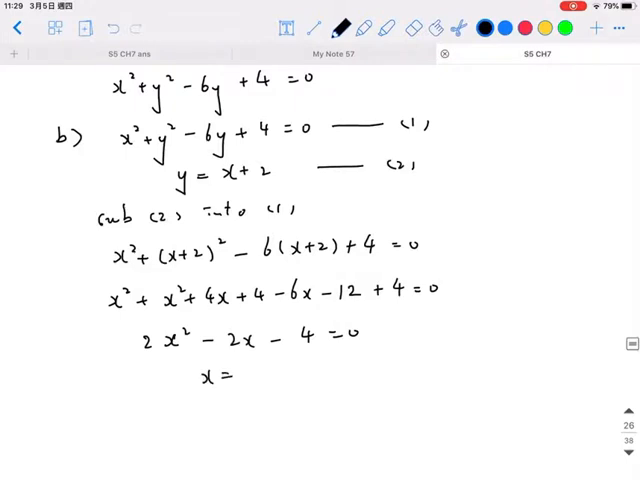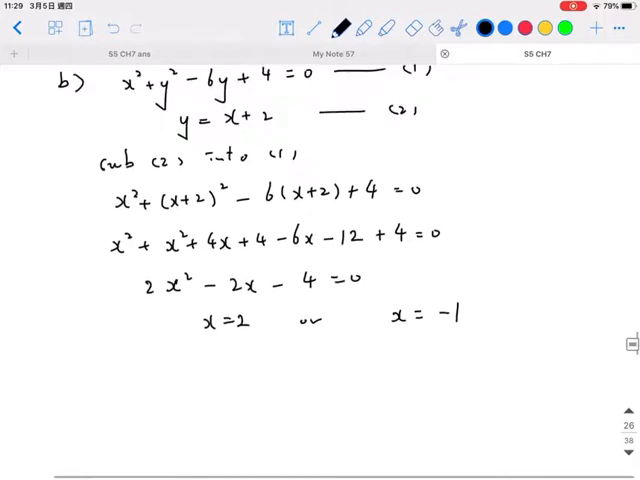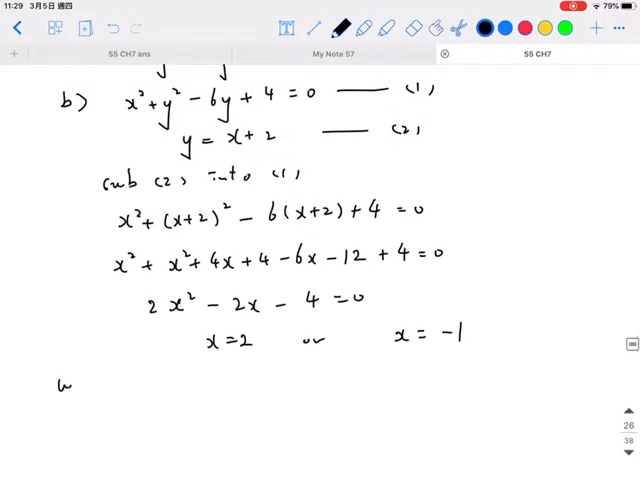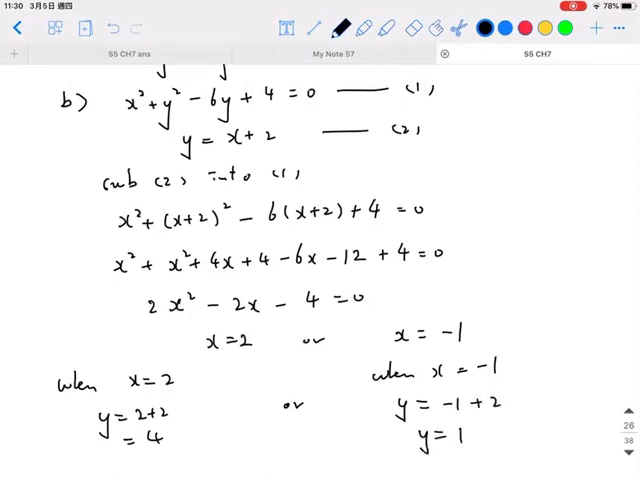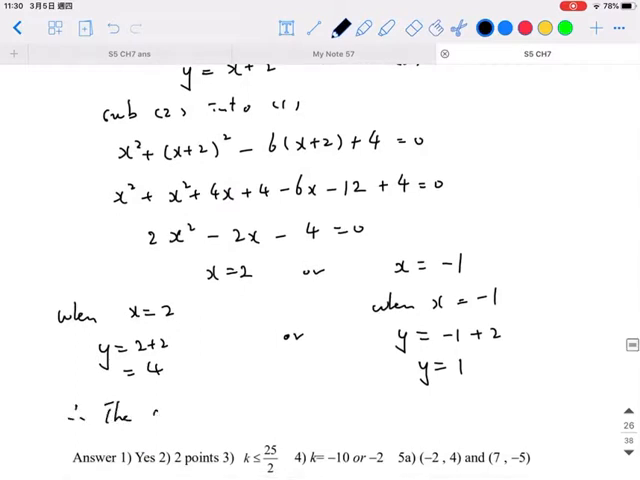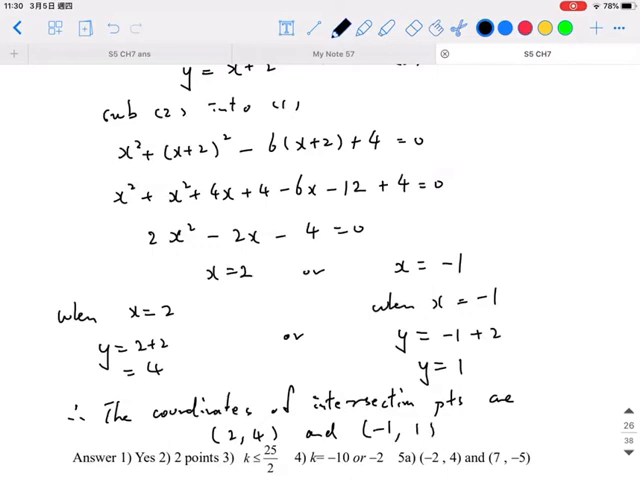So x is equal to 2 or x is equal to negative 1. So you need to substitute these two answers into the straight line. So when x is equal to 2, y is equal to 2 plus 2, that means equal to 4, or when x is negative 1, y is equal to negative 1 plus 2, so y is equal to 1. So the coordinates of intersection point are (2, 4) and (-1, 1). Okay, so that's the end of